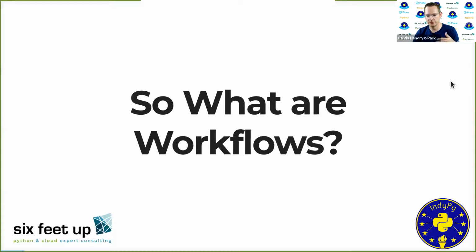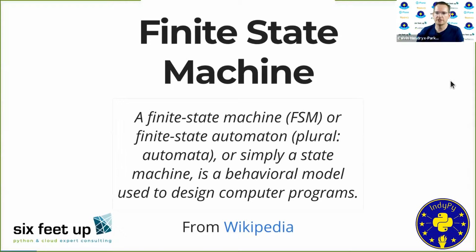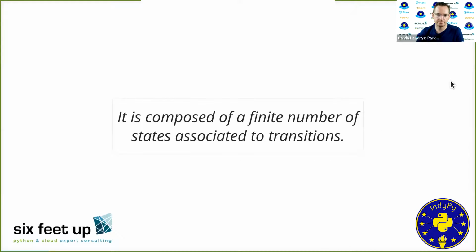Which brings us to the title of the talk and using finite state machines. What are finite state machines? They are just a mechanism. It's a fancy word for the model we use in computer programs to model the change between states. So a finite state machine is a finite number of states associated with transitions. We're going to talk about states being the bigger objects and the transitions being the lines you draw between them. And we'll have a few visuals to go over that.